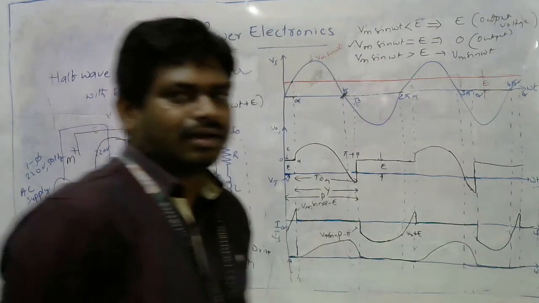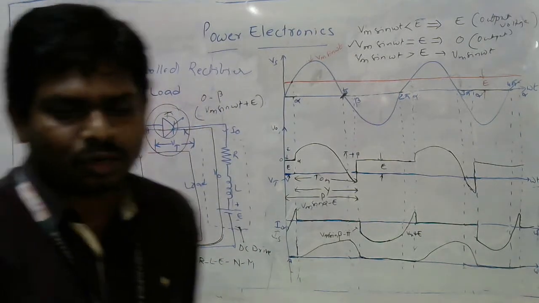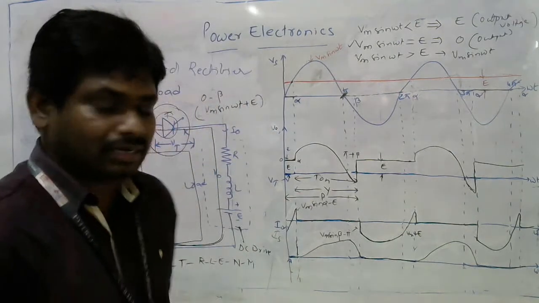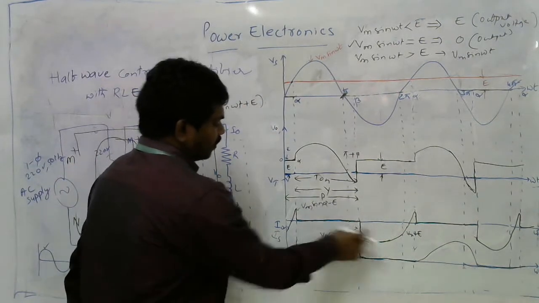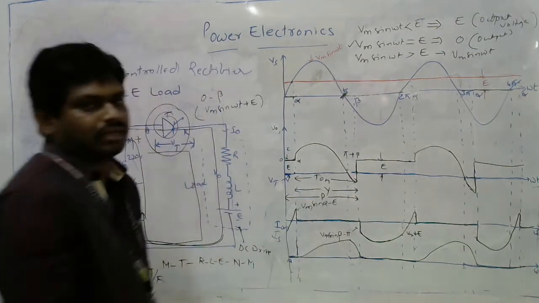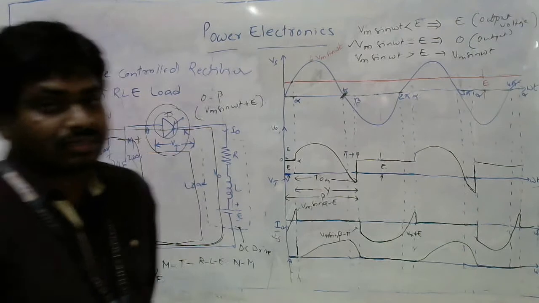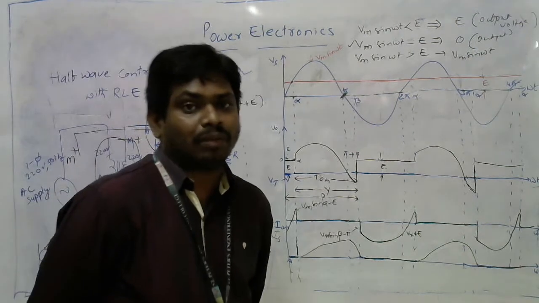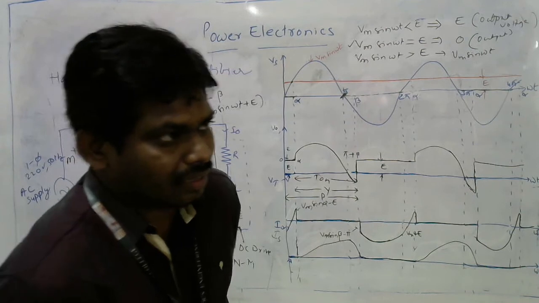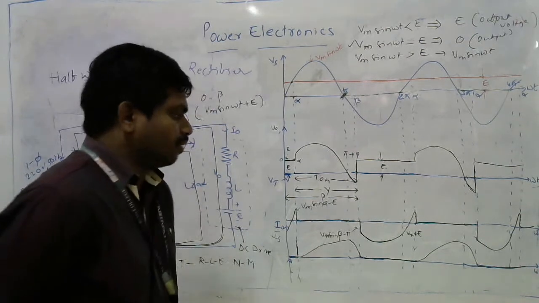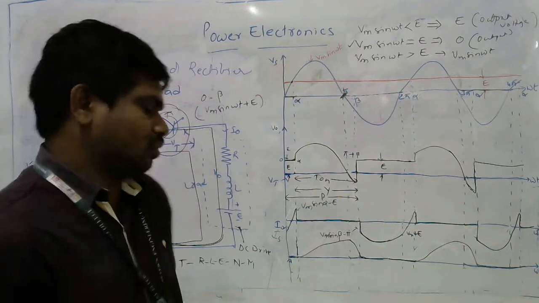Is it an alternating quantity? No. Because of the inductor placed at the output side, it doesn't allow a sudden change in current. It allows changes in the current only after some duration. That's why the current in the circuit has a large amount of harmonics. A huge amount of harmonics is present in the current flowing through the circuit.